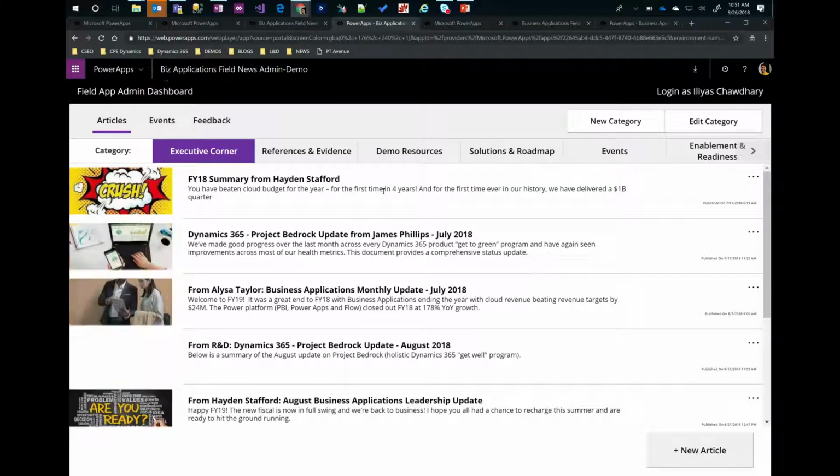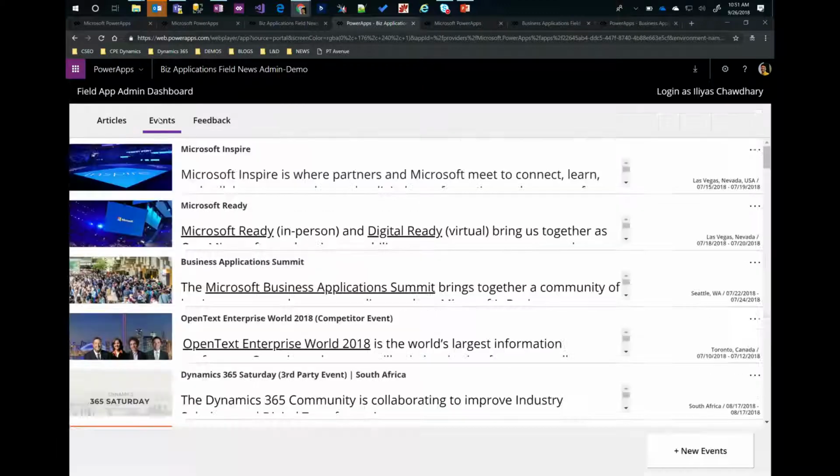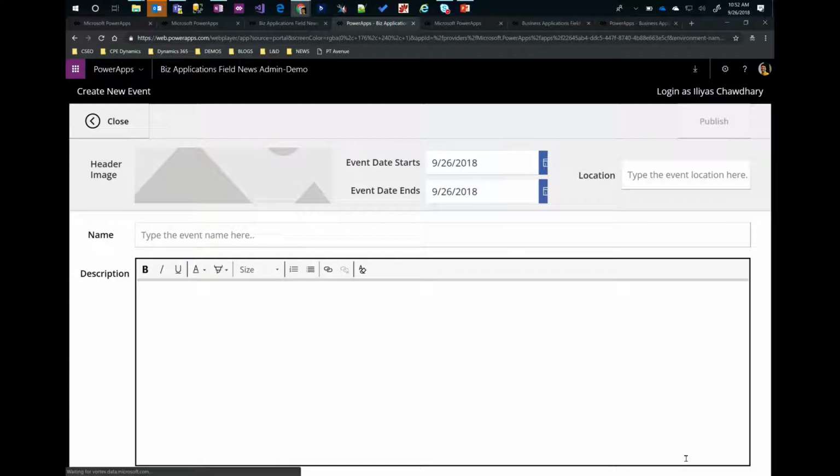There is one more great thing which we have built in, which is the calendar control. So as I said, there is a use case of adding content related to events. Now this is where most of the sales users, if they are working in a certain geography, let's say my Europe sales users, if I want to make them aware of an event coming up in Redmond, I can go and publish a new event as an administrator. So all I do is select the event start date and the end date, and then add a description and the location of the event.